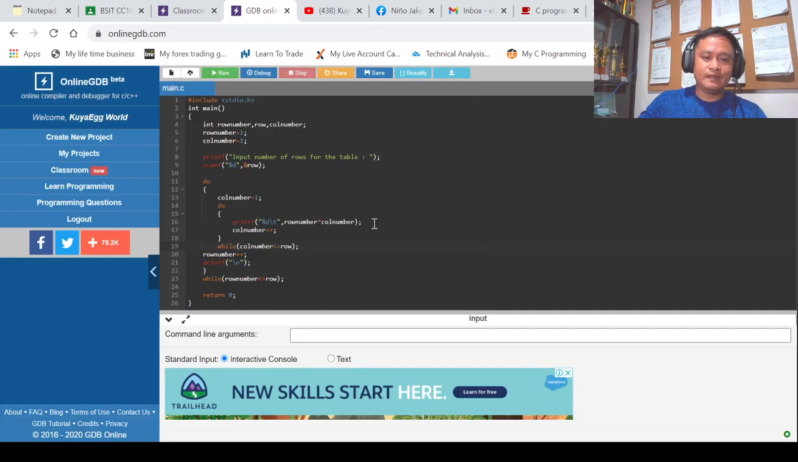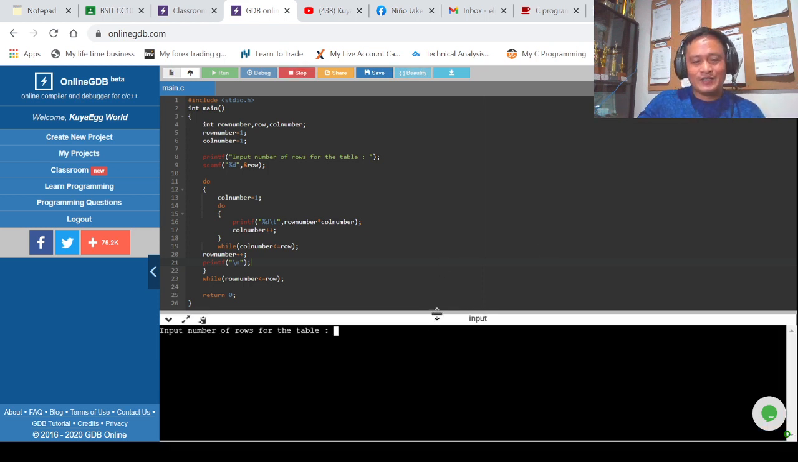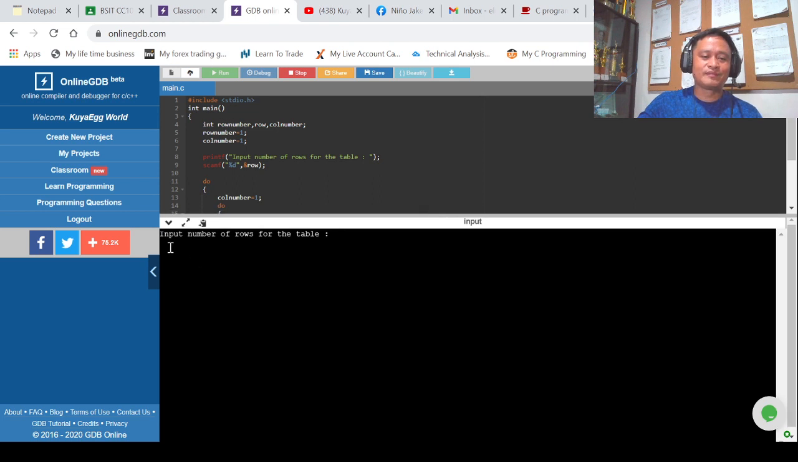Okay, so let's try running this program on our online compiler. Okay, so this is now our program. I pasted it already a while ago. Okay, so we'll try clicking the run command button. Okay, so now our program is asking for input number of rows for the table. So for example, we'll be using 3. That 3 will be stored to row, and then it will be executed by the computer, by the compiler, right? Similar to our manual simulation a while ago. And when we press enter key in here, we are trying to create